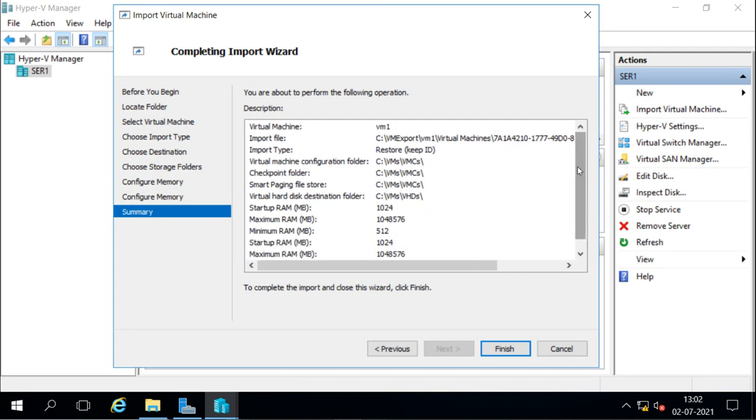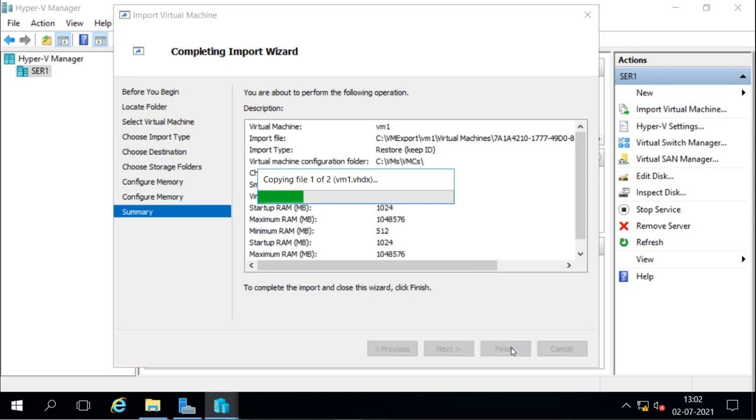This is the summary of the machine we have selected to import, and then we select Finish. Now it is copying the files from the export directory to our virtual machine directory, and very soon it is going to be imported.